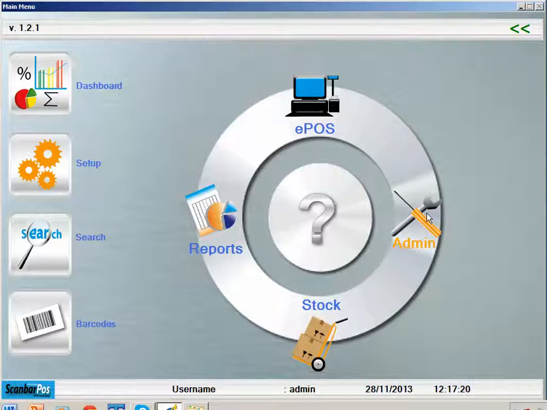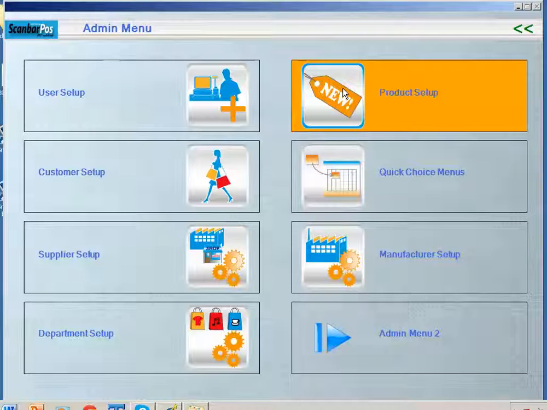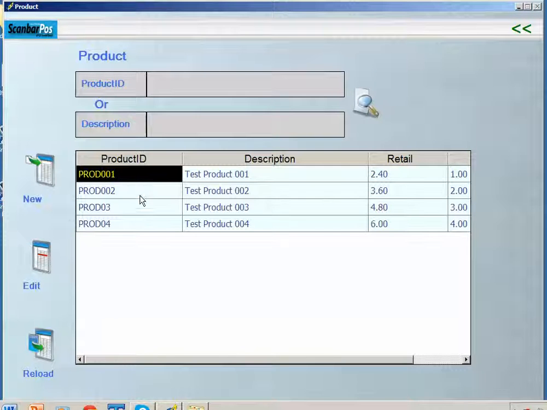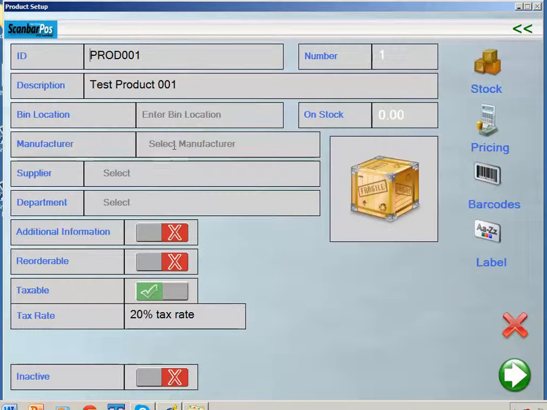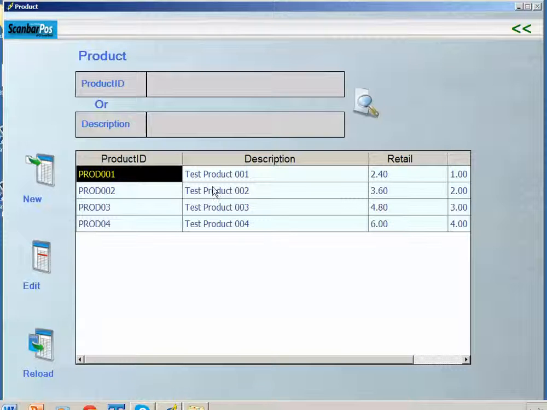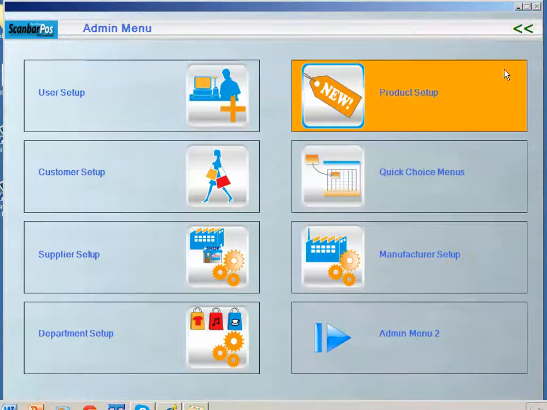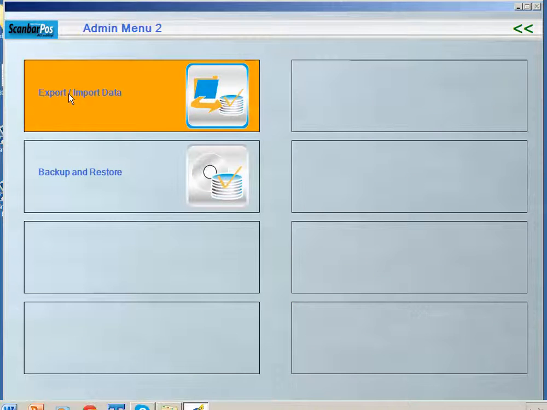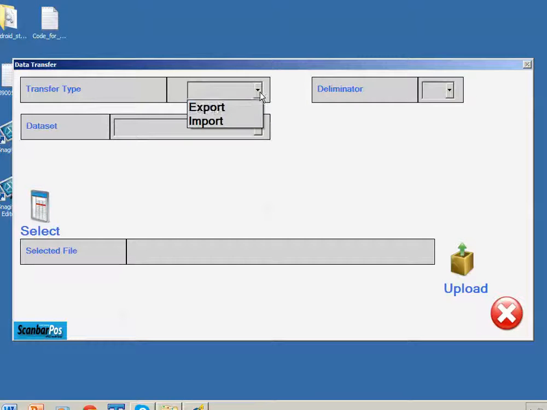So if we select admin, and if we just have a quick look at our products, we've got 4 test products set up. Now none of these products have a manufacturer allocated to them. We've no manufacturer actually in the system, and none of them have been added. But say you've got a long list and you want to add manufacturers into there. What we can do is, if we go to the second admin menu into export and import data,